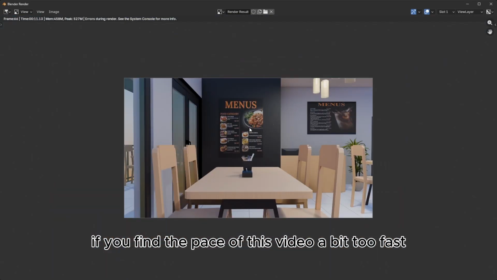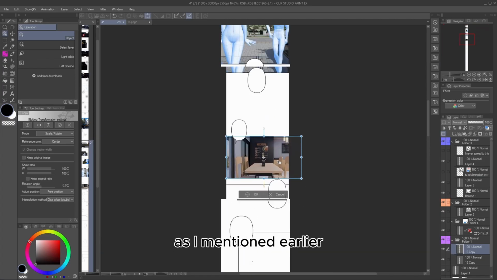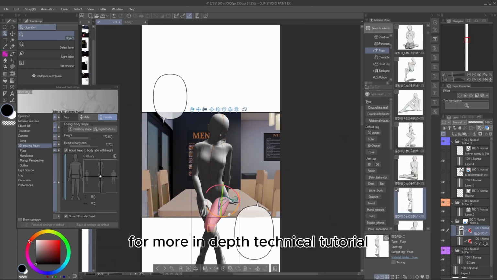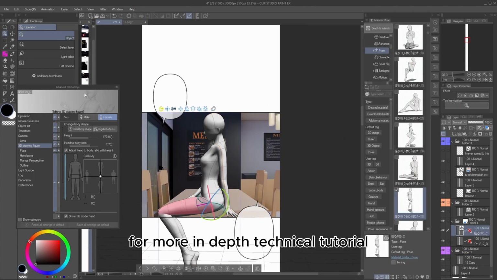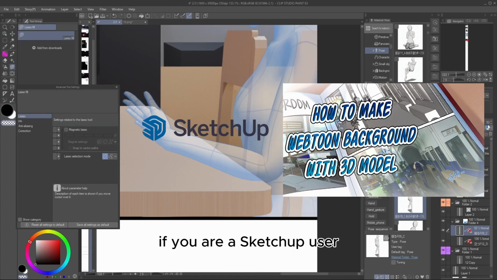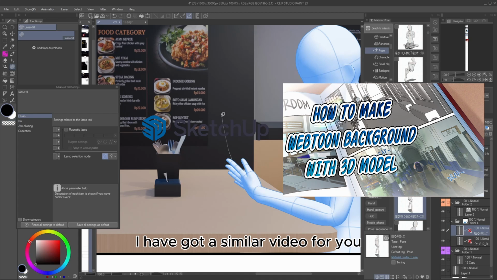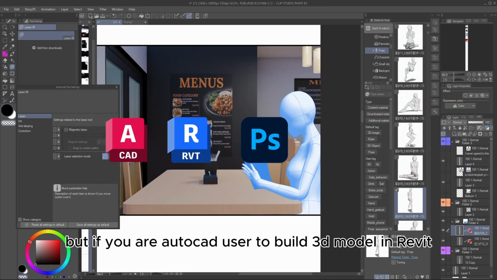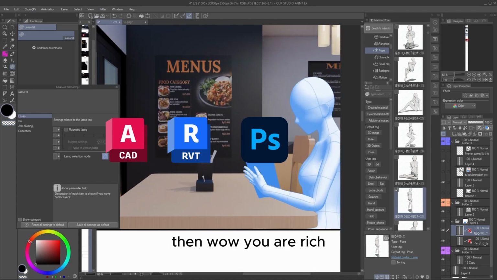If you found the pace of this video a bit too fast, as I mentioned earlier, the goal here was to demonstrate the workflow. For more in-depth technical tutorials, you can head over to my other videos. If you are a SketchUp user, I have got a similar video for you. But if you are an AutoCAD user who builds 3D models in Revit and then makes comics in Photoshop, then wow,